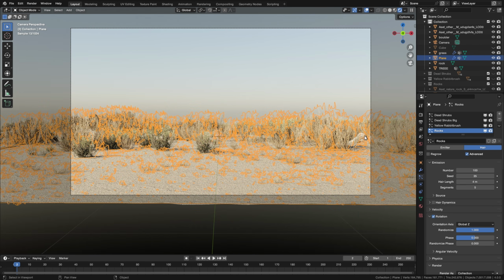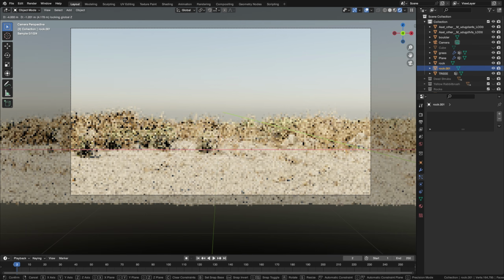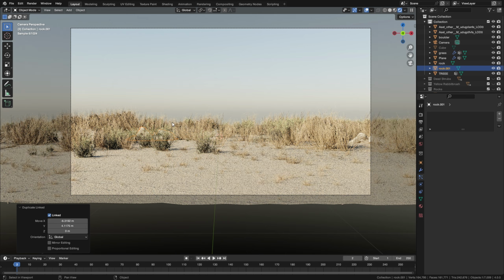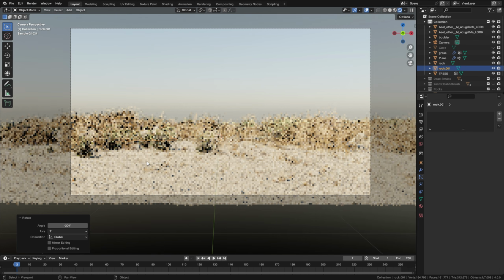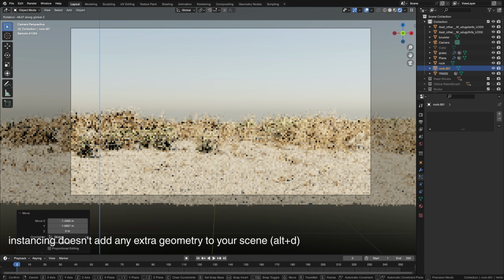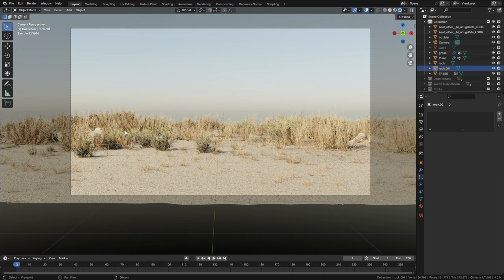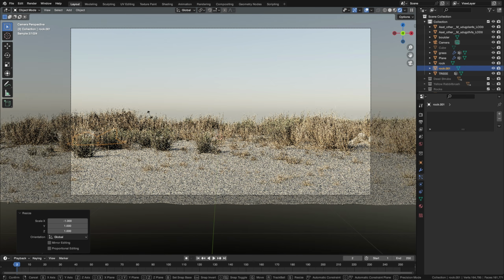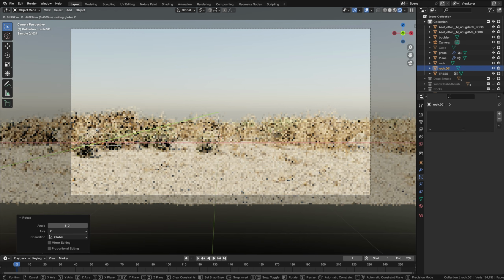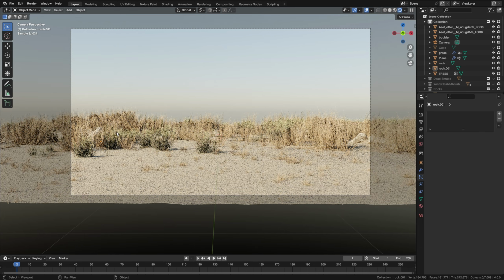I see an empty patch here where it could fit. And if I want to add more rocks, I can just select it and press Alt-D to instance it. So this will pretty much use this same object. We're not Shift-D'ing it. We're not duplicating it. We're instancing it, so it doesn't cause any change in our performance. You can also instance something and then scale it by -1 on X to flip it around horizontally, which could give it the illusion that it's not the same object if it's more visible, but in this case it's barely visible, so